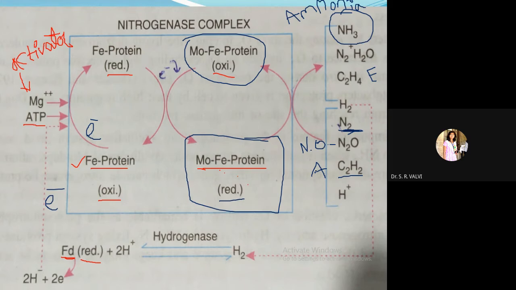So likewise, this N2 along with another substrate, N2O, C2H2 getting converted into C2H4 plus N2 plus H2O and NH3. So the main product is ammonia, right? Once more, H2 is also produced over here. Now this H2 should not be present within the cell where the nitrogen fixation is going on, right? So this H2, again the image is there in pink dots.